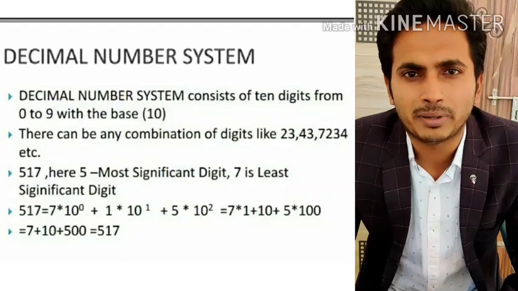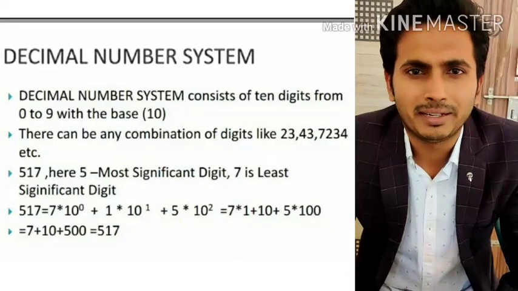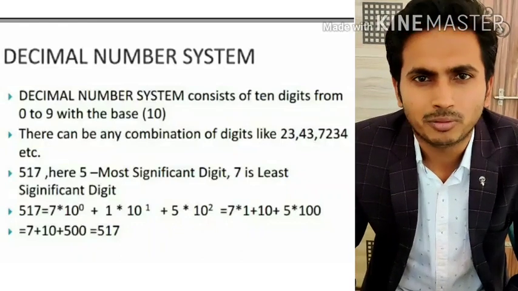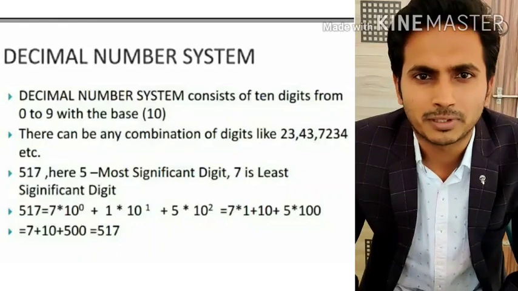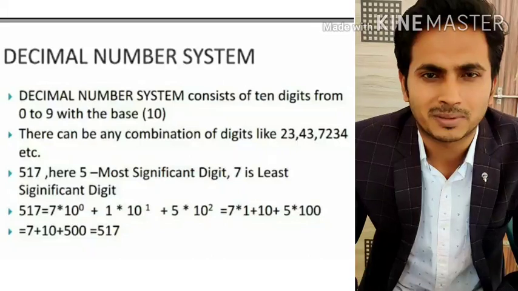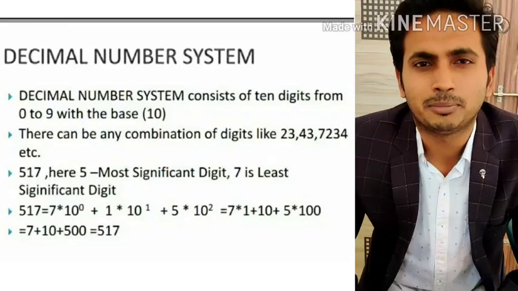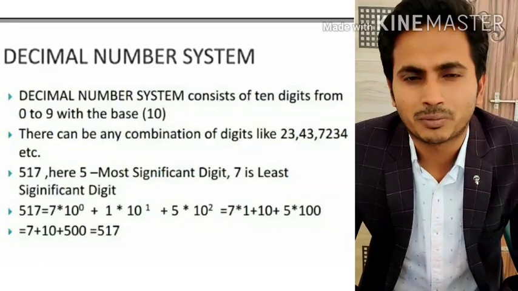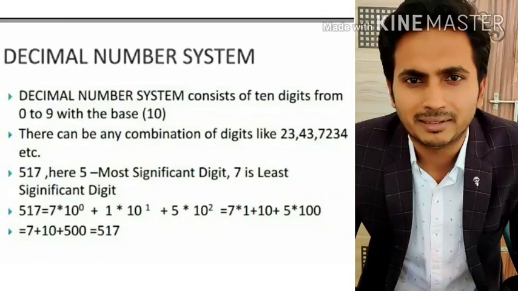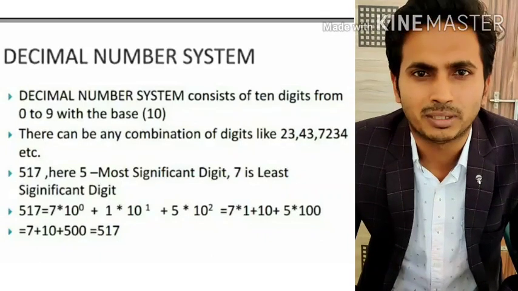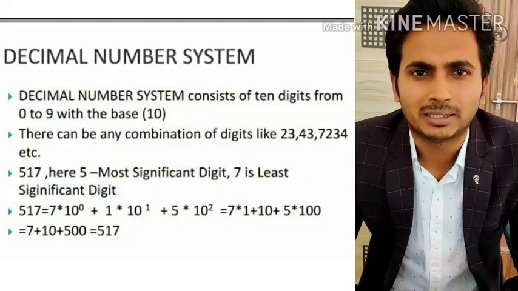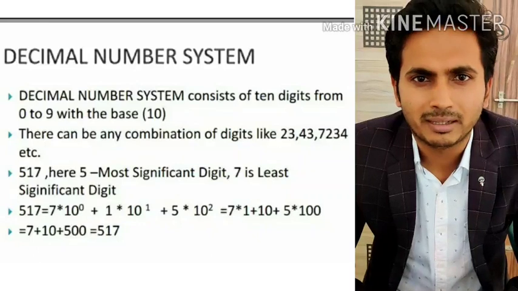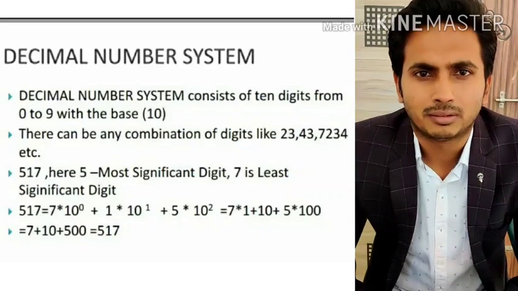So altogether it will make 517. So when we are making any number, we are taking the face value. Like 5 and 7: the face value of 7 is 7, of 1 is 1, and of 5 is 5. Then we take the position. The position of 7 is the unit place, so we start numbering from 0. Then 1 has position 1, and 5 has its position as third, so we are multiplying it by 10 to the power 2.